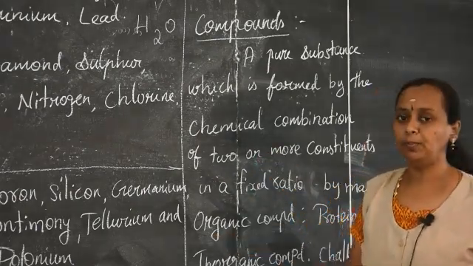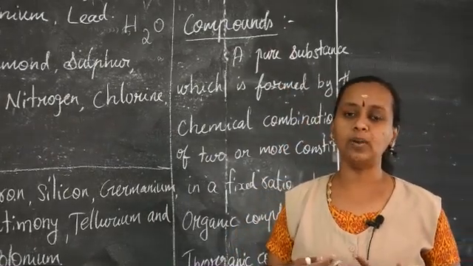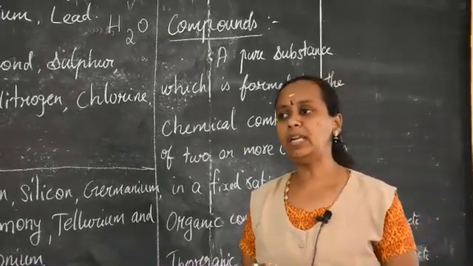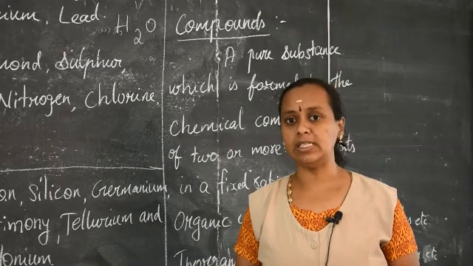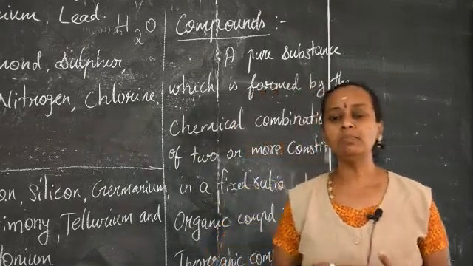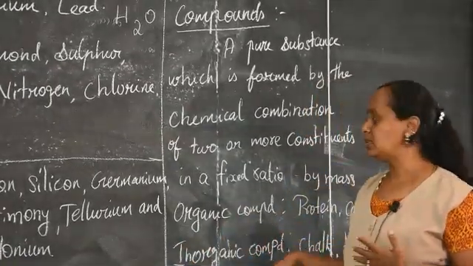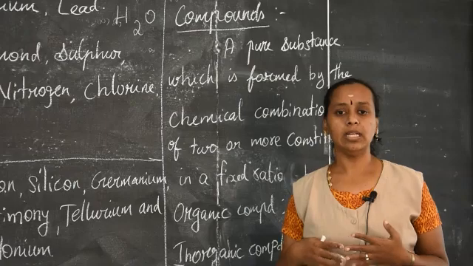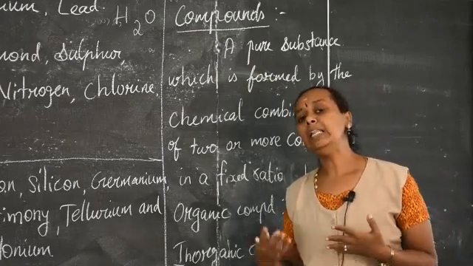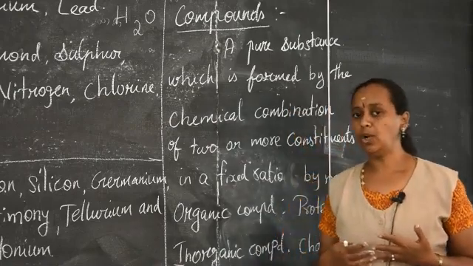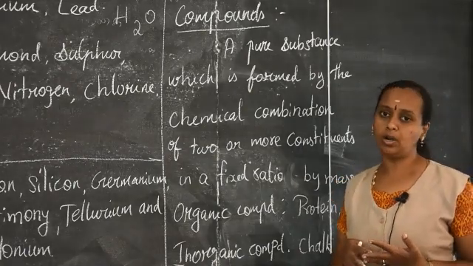There are 2 types of compounds. The compounds are classified into 2. One is organic compound, the other one is inorganic compound. From the name organic, we are using organic in our day-to-day life, so many places we are hearing these words. Organic means it is getting naturally, that is, it is obtained from natural sources, that is living sources. Organic compounds are compounds which are obtained from living sources. I can give examples such as proteins and carbohydrates; all these things are organic compounds.